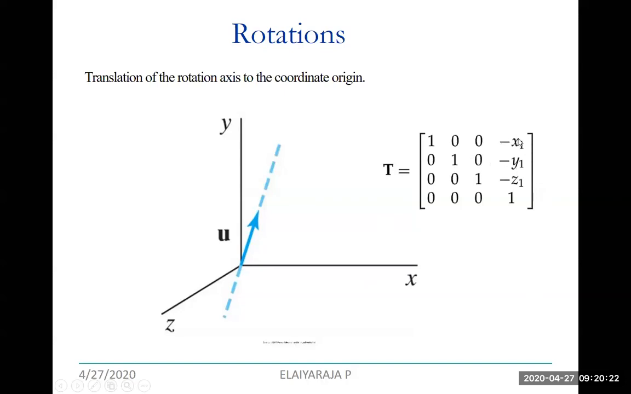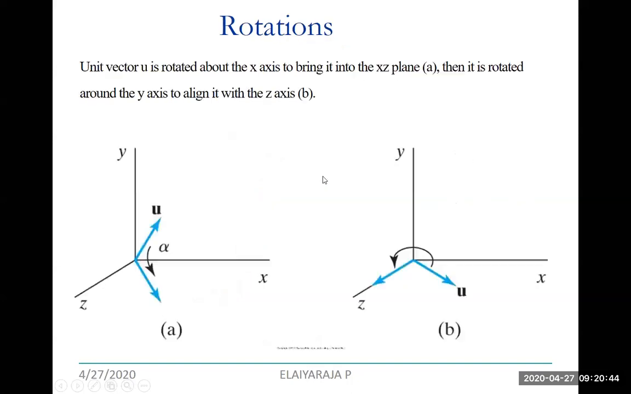This is what? Minus x1, minus y1, minus z1. This is your translated values with respect to x, y and z. Tx is going to be minus x1, ty is going to be minus y1, tz is equal to minus z1, right? And